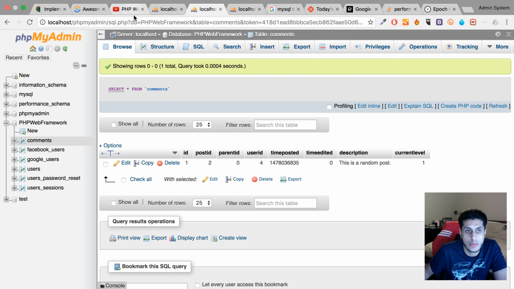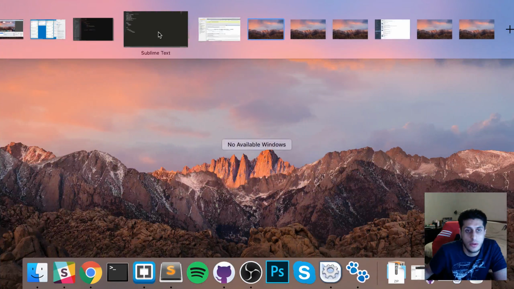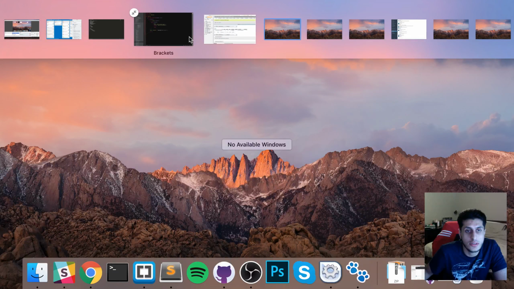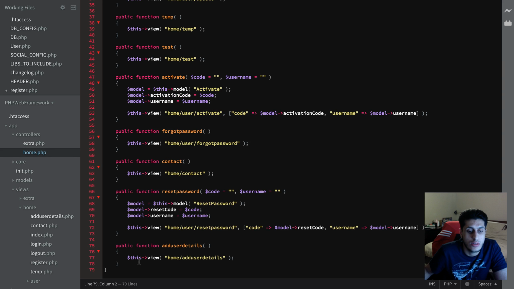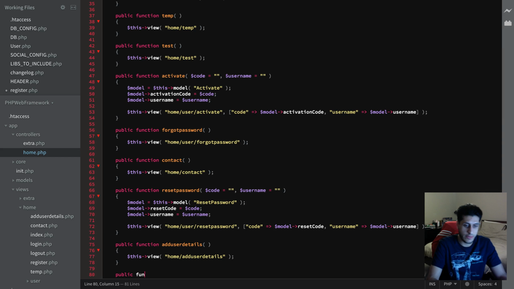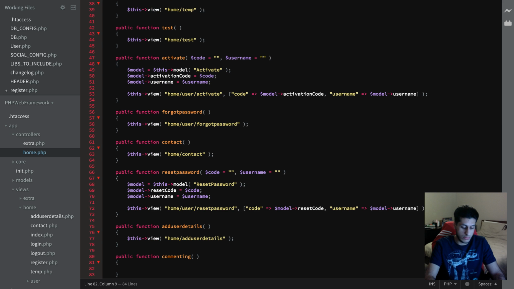Okie dokie. So now what we want to do in our code is actually print that stuff out. So I'm just going to create a new page called public function commenting, $this->view home/commenting,